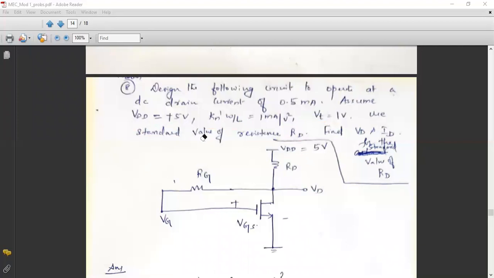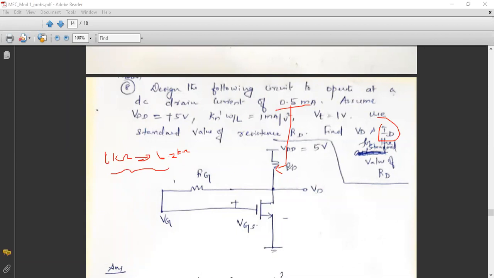So first we have to design RD for the given specifications. Because already the drain current is 0.5 milliamps, it is given, then you might be wondering why they have asked again to find ID. Based upon this 0.5 milliampere drain current, I will design one RD, and I will convert this RD into a standard value. You know that the standard value will be different from the actual value that you designed, right? Suppose you are getting 6 kilo ohm, means you will be approximating this 6 kilo ohm into 6.2 kilo ohm, which is another standard value. So based upon this change, ID will get changed and accordingly VD will also get changed. That is the objective of the question.